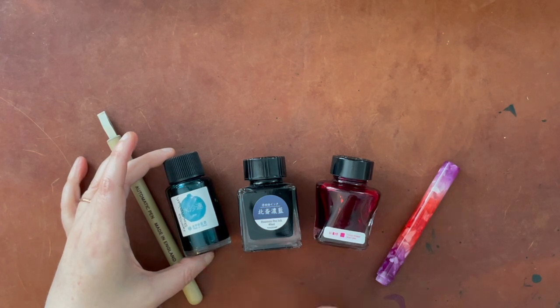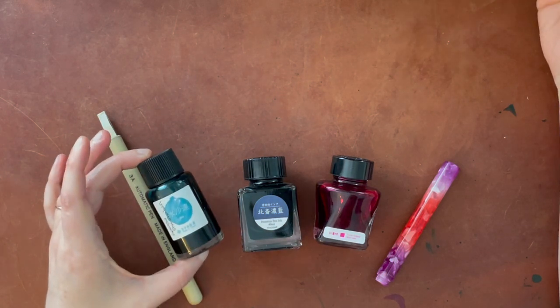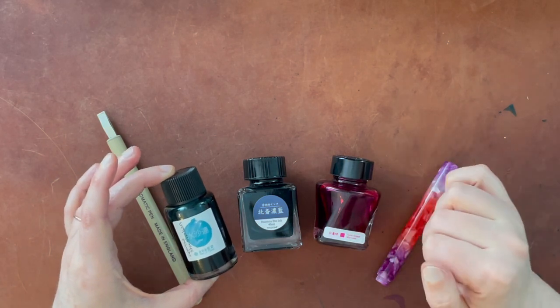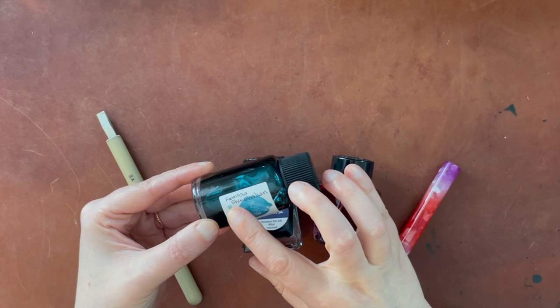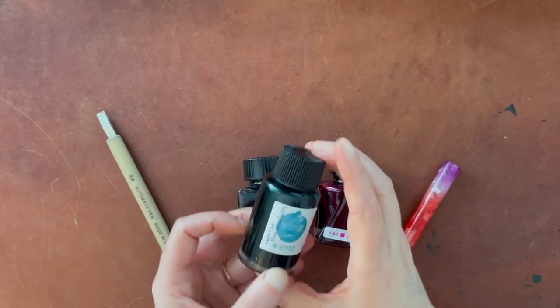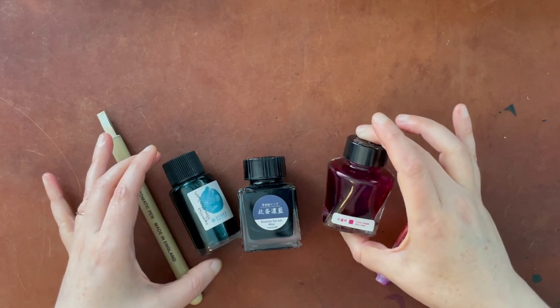So this one, I actually had to look up to make sure I knew which one it was, because it doesn't say in English on the bottle what color it is. So this is Lennon Toolbar. Lennon Toolbar is actually one of my favorite ink brands. I've really been impressed with pretty much every one that I've gotten from them. So this is called Formosa Shui Shalian. Oh my God, I probably butchered that, but this one and this one on the end here, which is Kala